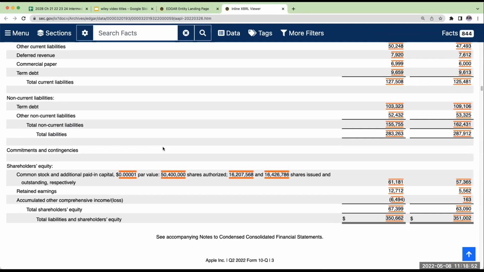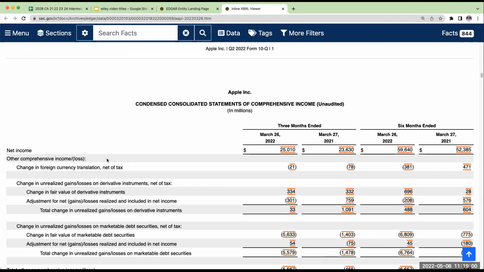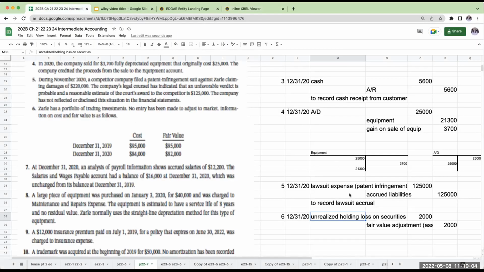Okay. And this down here is when we look at the statement of retained earnings, like how does this all balance out? It's going to come down over here and it's a component of shareholders' equity. We're also going to put in foreign currency translations in there. So there's a lot of stuff that's kind of random that goes in there. And this over here is to record securities at fair value.